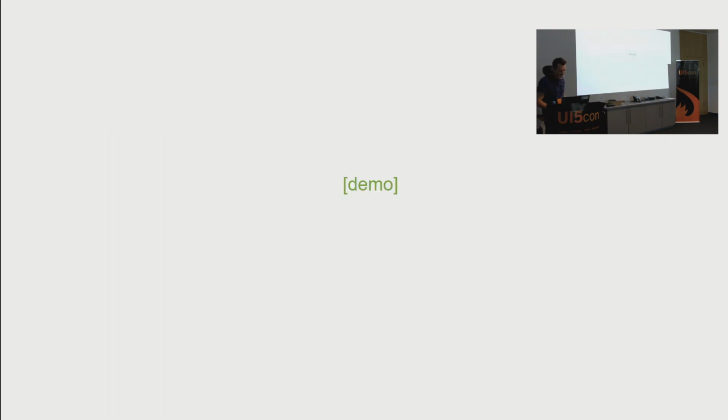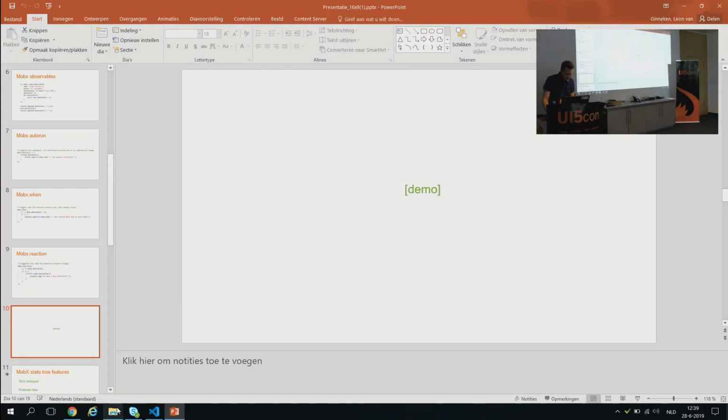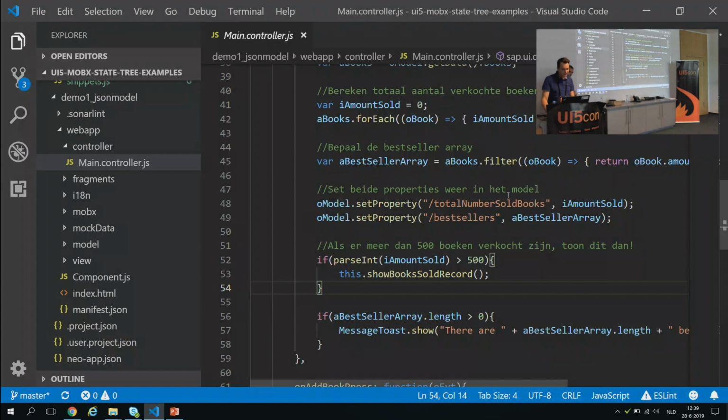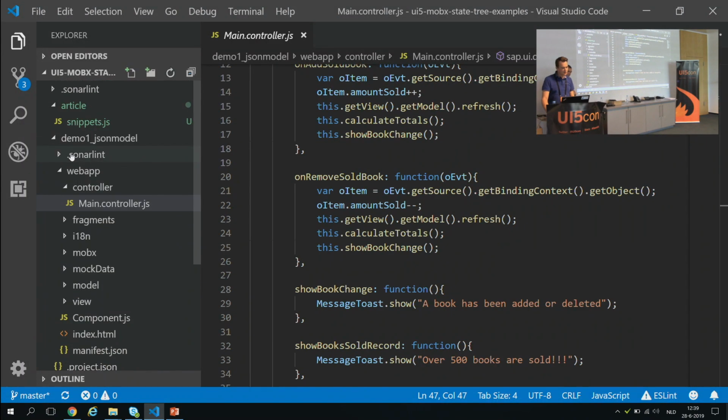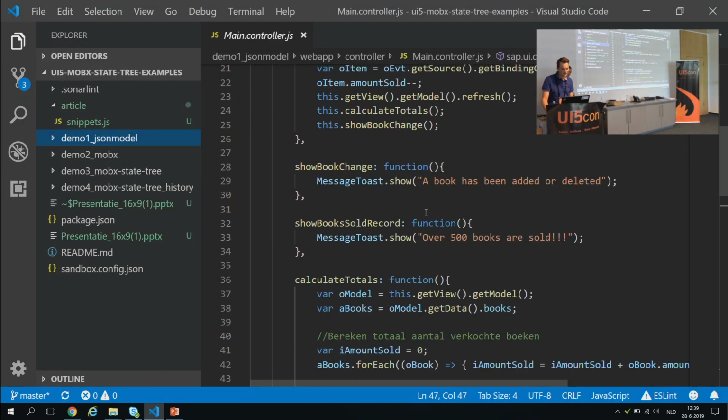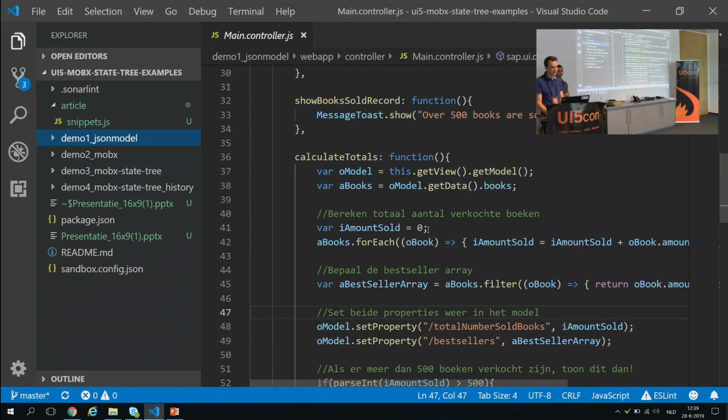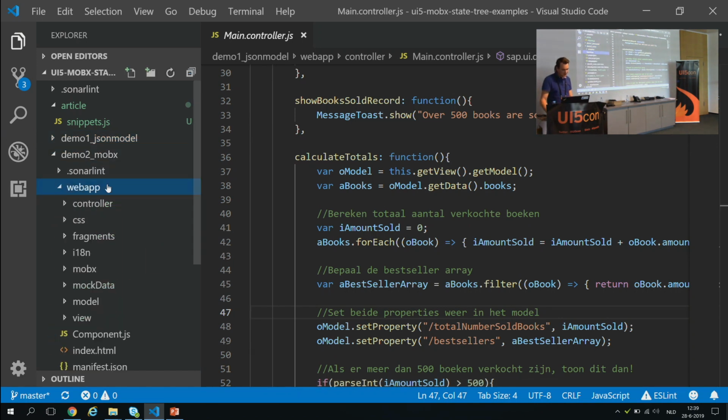So I hope that's all a little bit clear. Then I'm going to show you another demo of the second application. The first time we had the calculate totals, which we had to trigger in order to fetch our total amounts. And in the case of MobX,